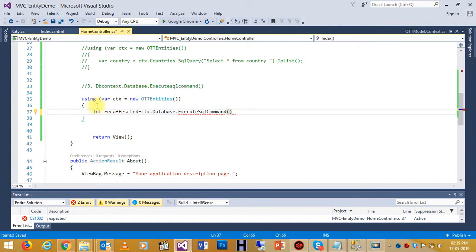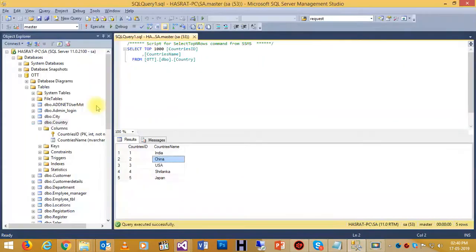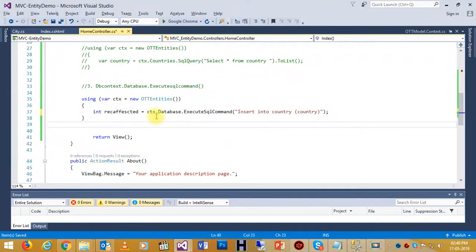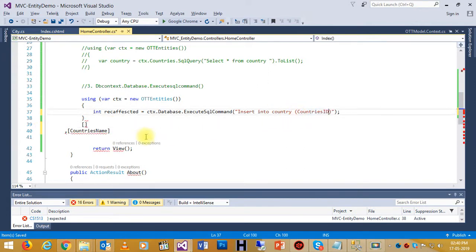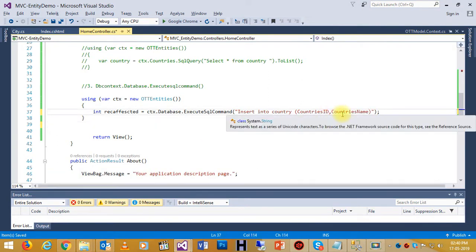What you want to execute, right? So I want to insert, so I'll say insert into country. Better to specify column names, so country ID and country name. Let me copy the column names to avoid any kind of mistakes. So country ID and country name, right? Then we will say values will be what,